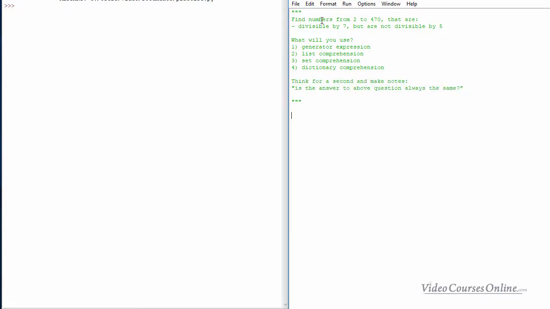Okay, so we need to find numbers from 2 to 470. I think that finding numbers is pretty easy. We can just use the range function and put as the first value 2 and then 471. Remember that we need to add 1 to that argument, otherwise we won't have 470 generated, right? Okay, so we should choose from the numbers that are going to be generated here the ones that are divisible by